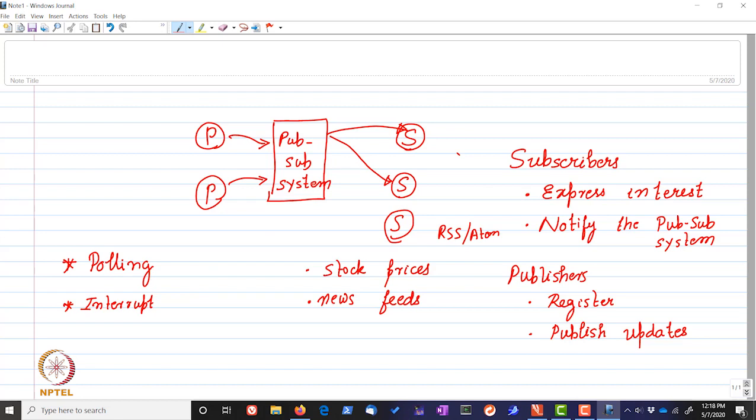It has to maintain state. Whereas in a polling based system, the pub sub system does not maintain any state. So the specific motivation for